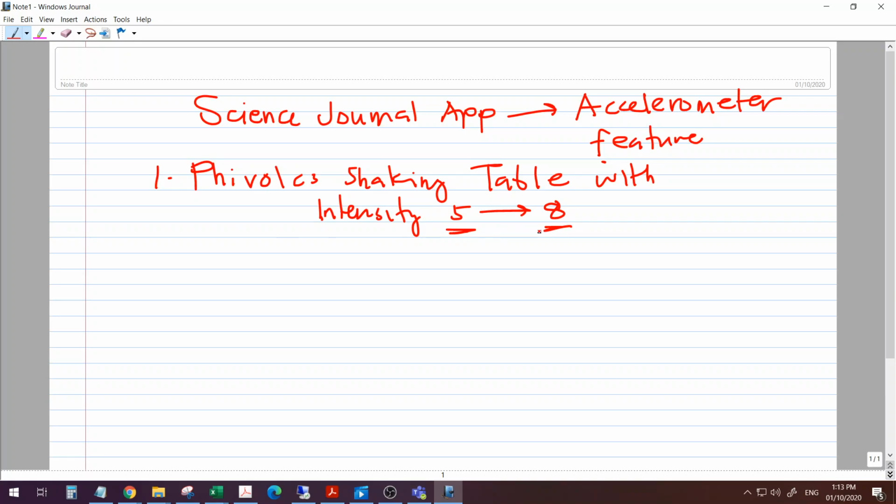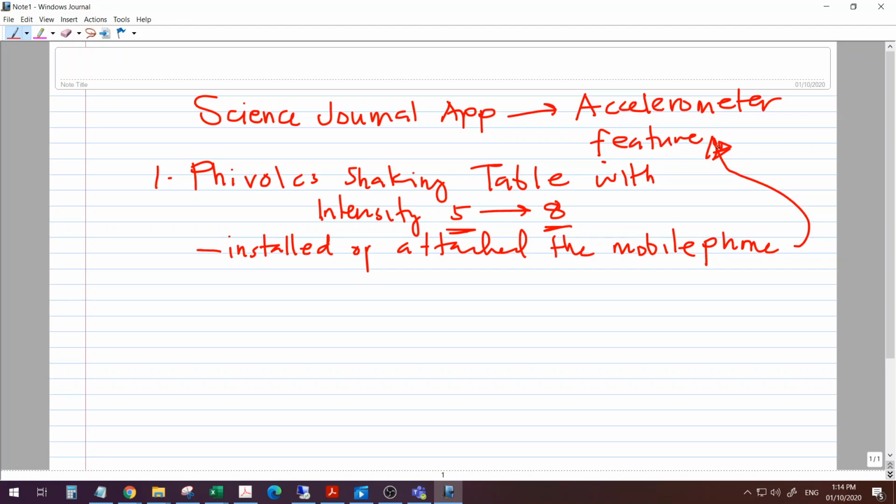While tested with the shaking table, I installed or attached the mobile phone with the accelerometer feature of the Science Journal app. Okay, and it was able to generate recordings. Okay, so those recordings are in a form of